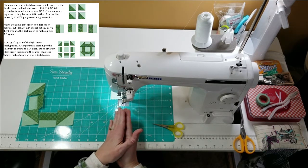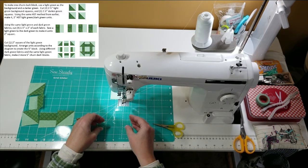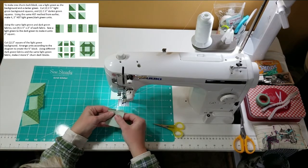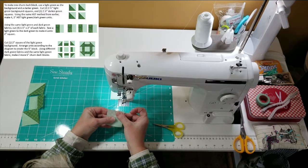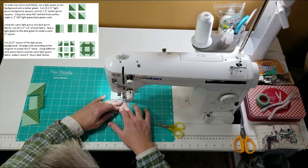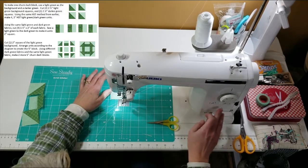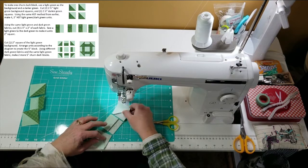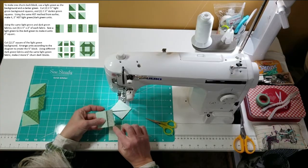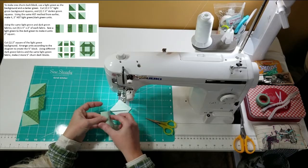If I just matched up those 2 edges and then opened it up, my unit would get smaller or bigger than what I need it to be, because I didn't start with an exact 2 inch square. So that's kind of my cheat way of doing it to get my squares to come out more the right size. I still have a good bit in that seam allowance. It's like a thread of the fabric that's hanging over, but then I know that they're going to line up